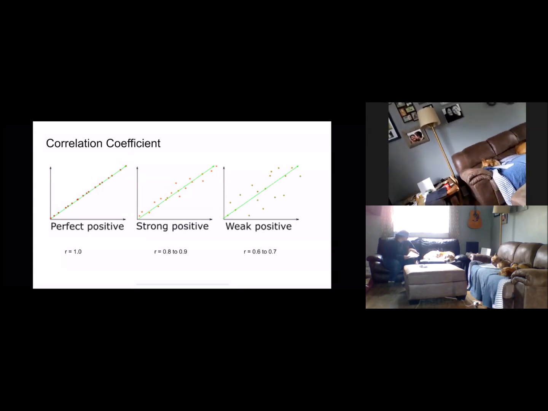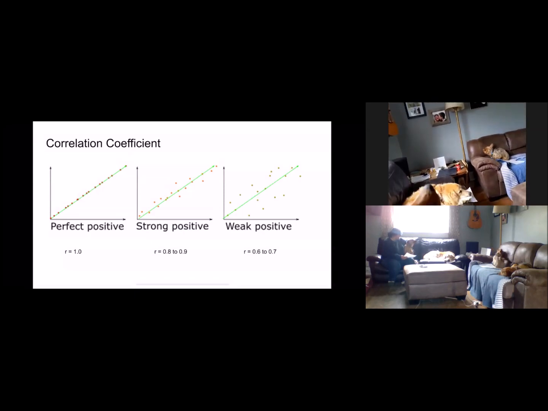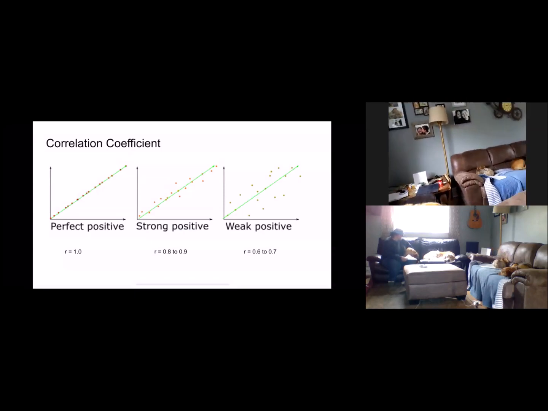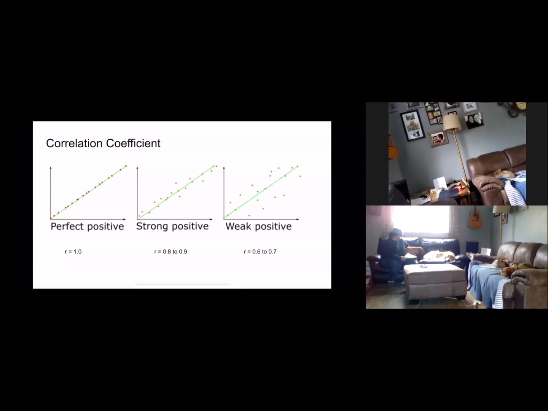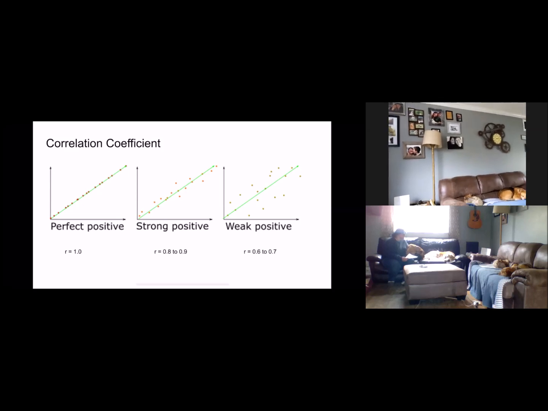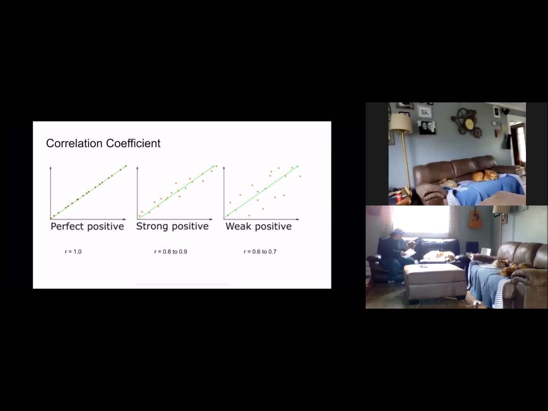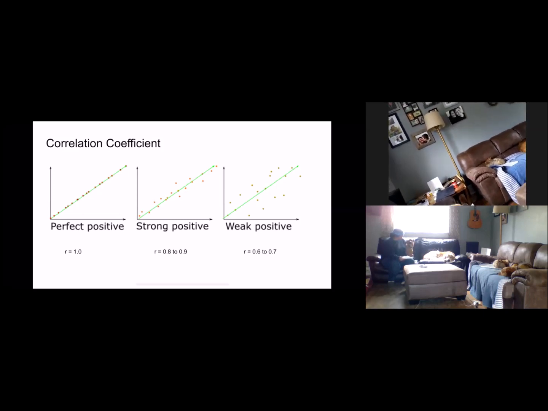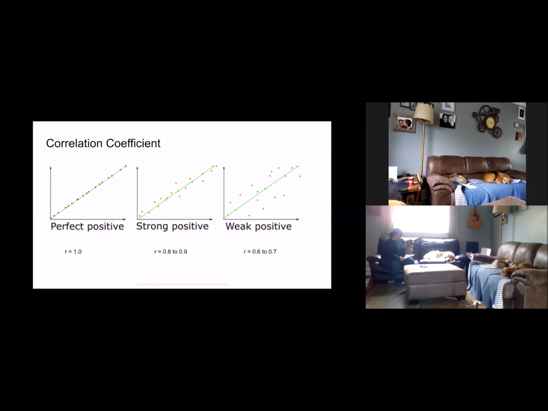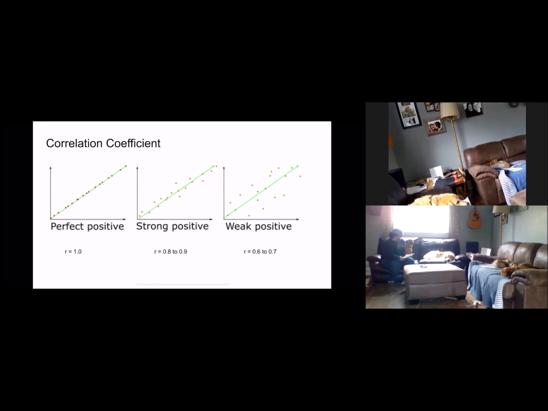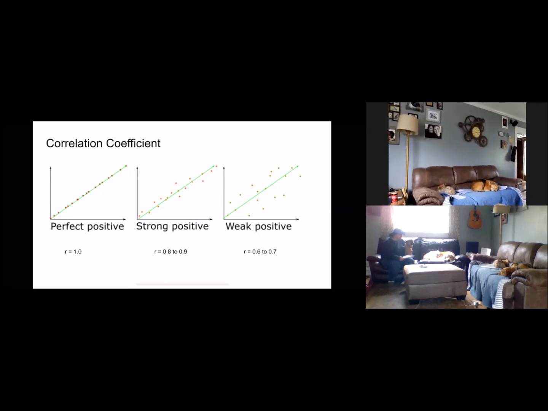But if it's a negative correlation, but it's kind of weak, we're going to give it like a negative 0.6 to 0.7. Now, there is a specific way to calculate this, but we can't really do it without the special calculators. So we're going to save that for another time, and we're going to start with ish right now. So if you see a weak correlation, you're going to say, oh, it's negative 0.6 to 0.7-ish. Or if it's positive 0.6 to 0.7-ish for a weak correlation. For a strong correlation, it'll be 0.8 to 0.9. So a strong positive,